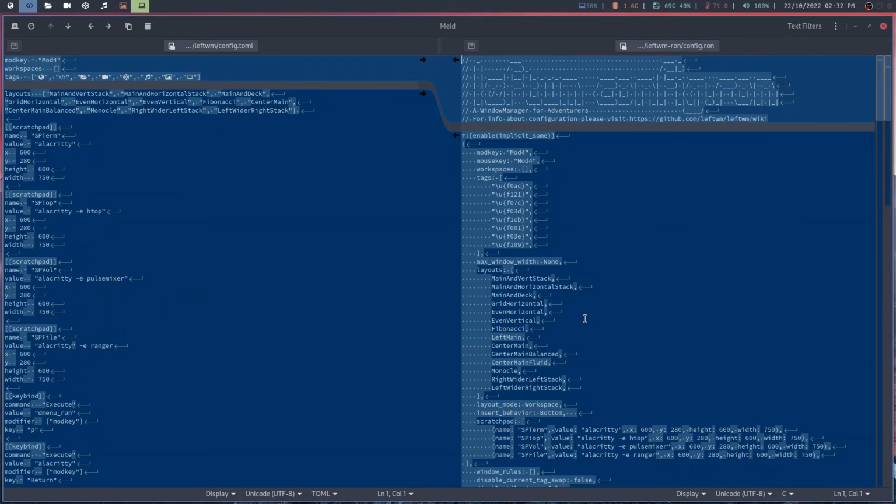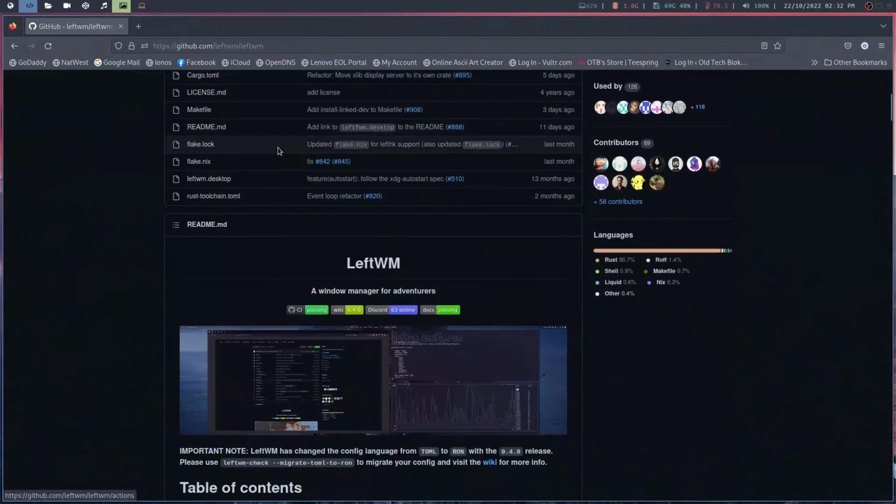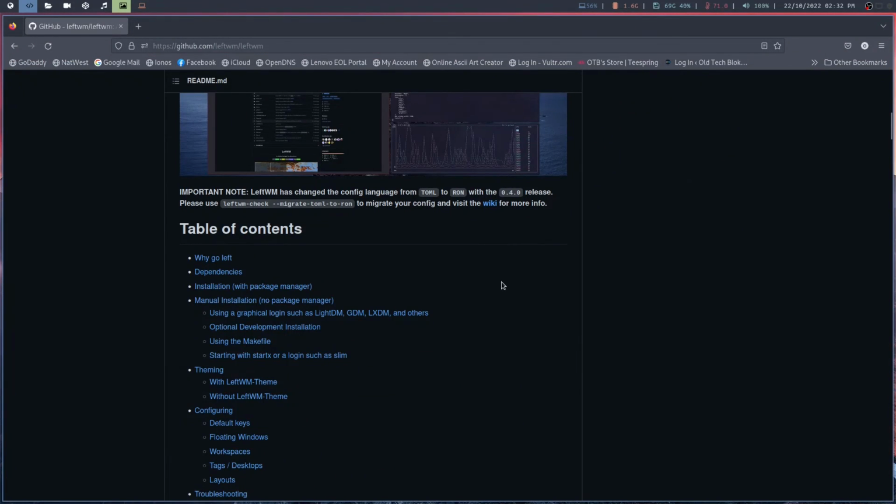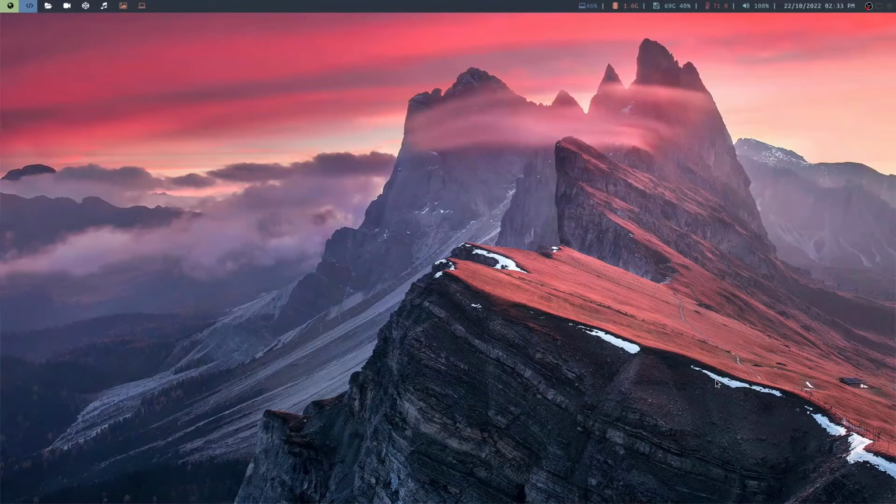Luckily, if you've got an old config.toml and you want to convert it, it couldn't be easier, and I did this. You simply run the command leftwm check --migrate-toml-to-ron, and it creates a theme.ron file for you next to your toml file, so you can actually use that. And I found that the conversion went pretty well. Okay, so coming back to it, I mean,